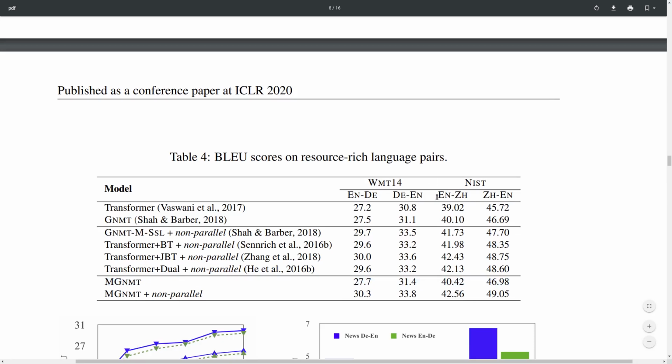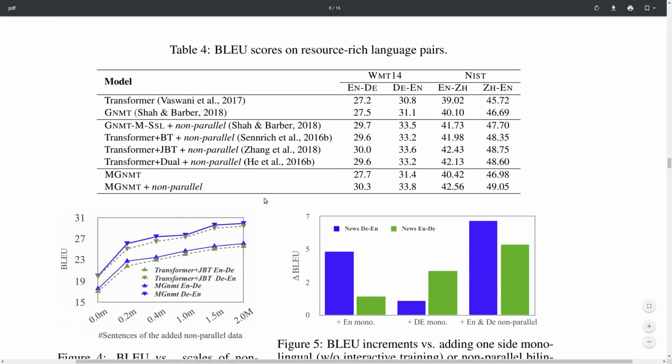So distant language pair translations from English to Chinese and Chinese to English.